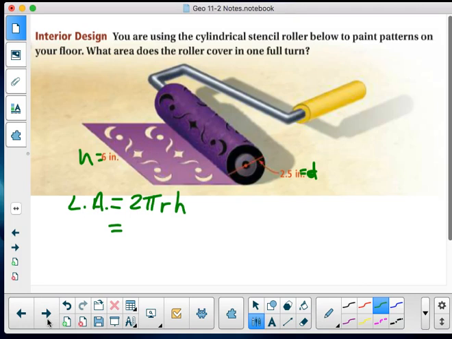So remember, this can become diameter pi h because 2 times r is equal to d. So in this case, my diameter is 2.5 pi times 6. Now, do you want it in terms of anything else? Nope. So we got 2.5 times pi times 6, and that's going to give me a